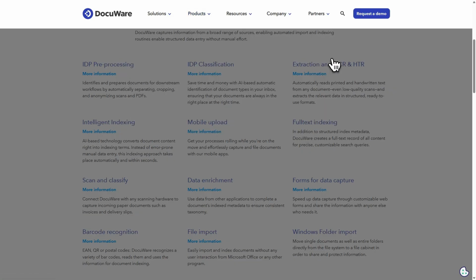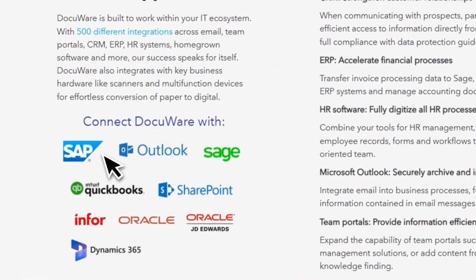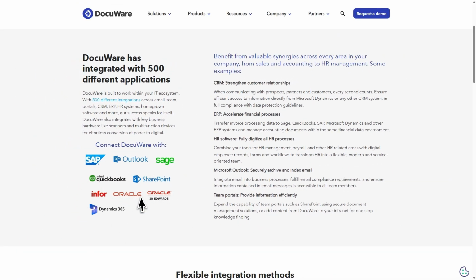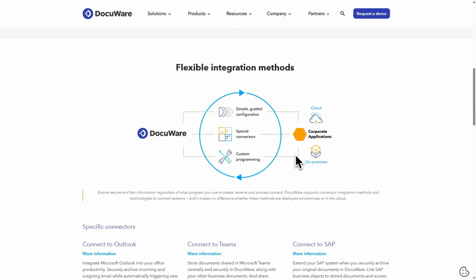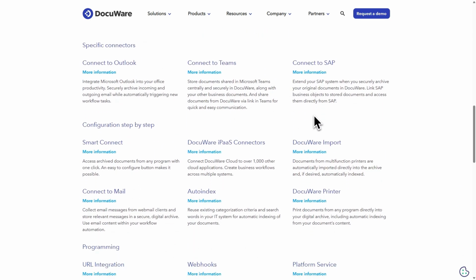The platform can easily connect with popular software such as Microsoft Office, Outlook, SAP, QuickBooks, and SharePoint. This allows you to automate document-related tasks within your existing systems, making your workflow smoother and more efficient. Since Docuware supports both cloud and on-premises setups, you can access your documents from anywhere using a web browser or